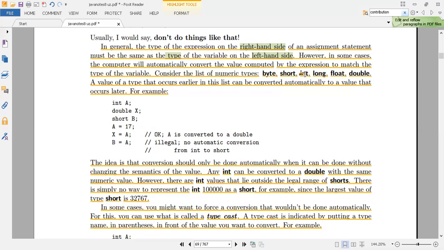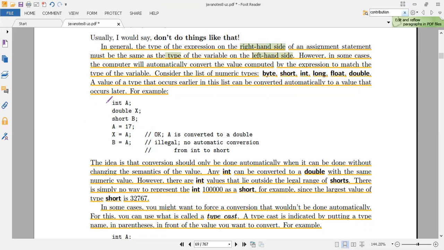Byte, short, integer, long, float, double: these are the numeric types. The value of a type that occurs earlier in this list can be converted automatically to a value of a type that occurs later. For example, here